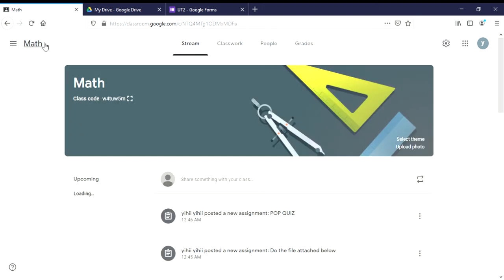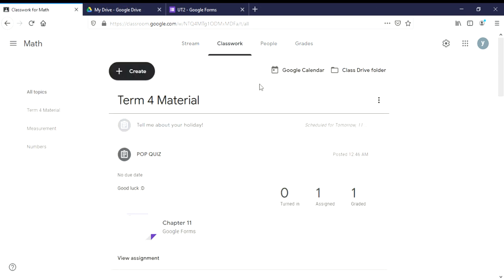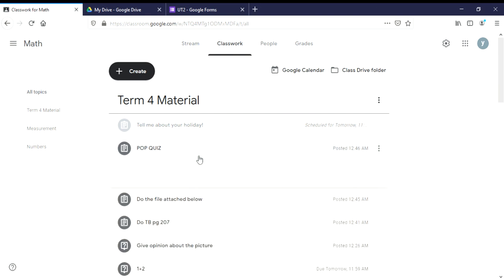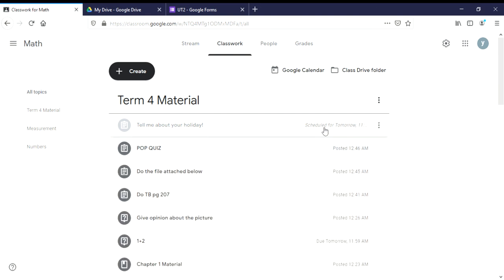Okay, I guess that's all. That's the thing that I can tell you for now. Is there any other thing? No, there is no other stuff. Oh, about the schedule, you notice that students will not have that schedule because it's not posted yet. But another teacher who is in the same class as yours can check this scheduled assignment, I believe. So that's all for now.